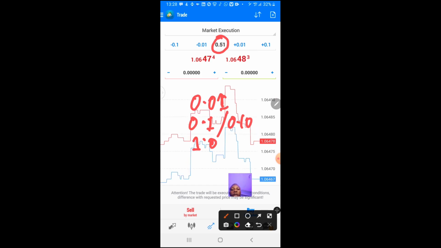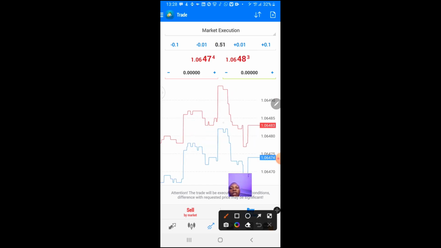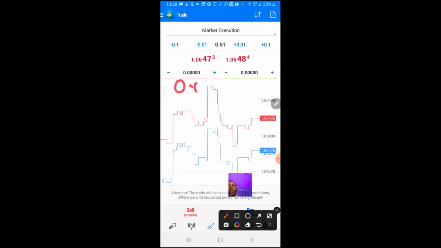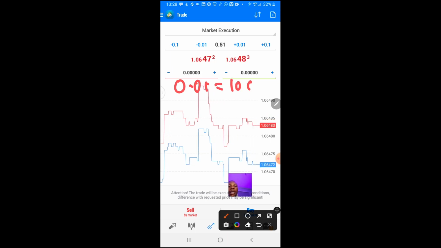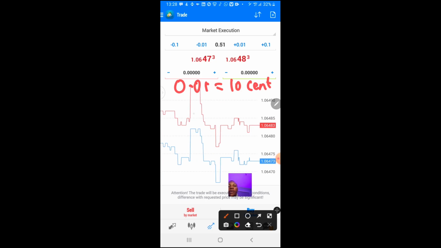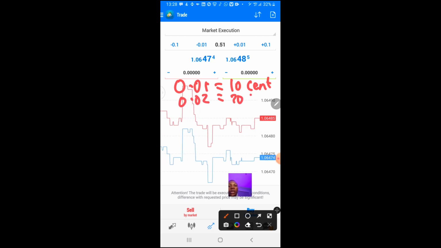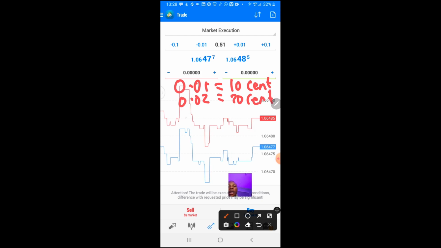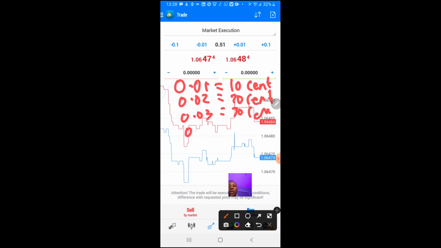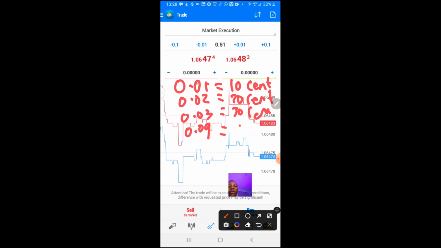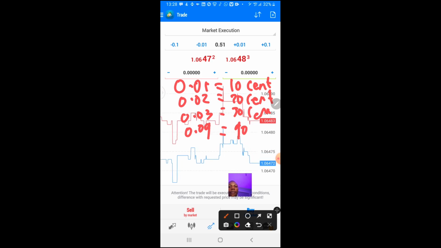In a nutshell, 0.01 is equal to 10 cents. 0.02 is equal to 20 cents. 0.03 is equal to 30 cents, right up to 0.09 is equal to 90